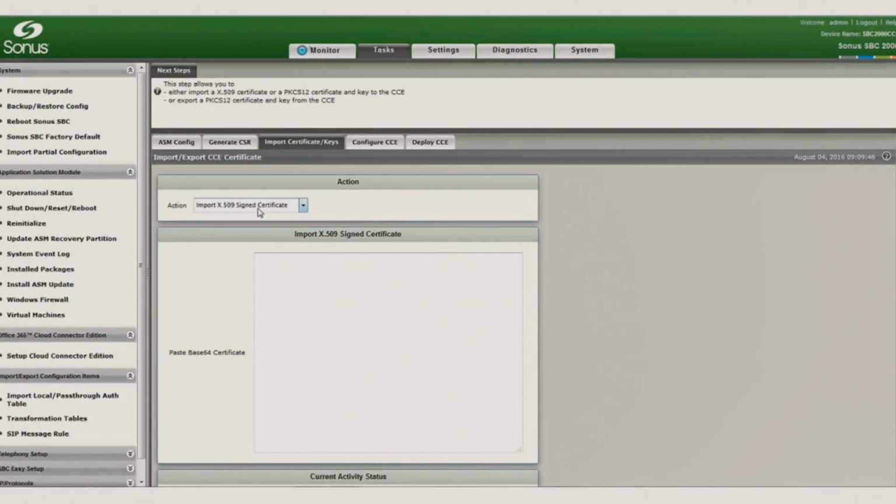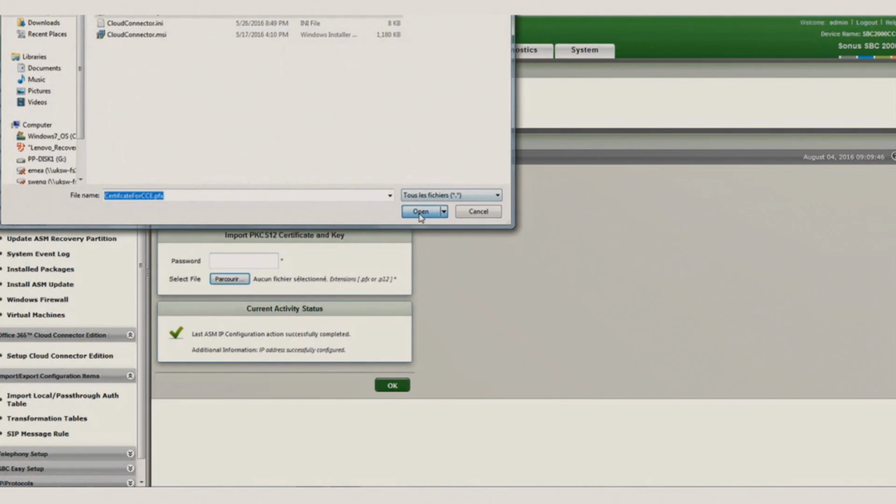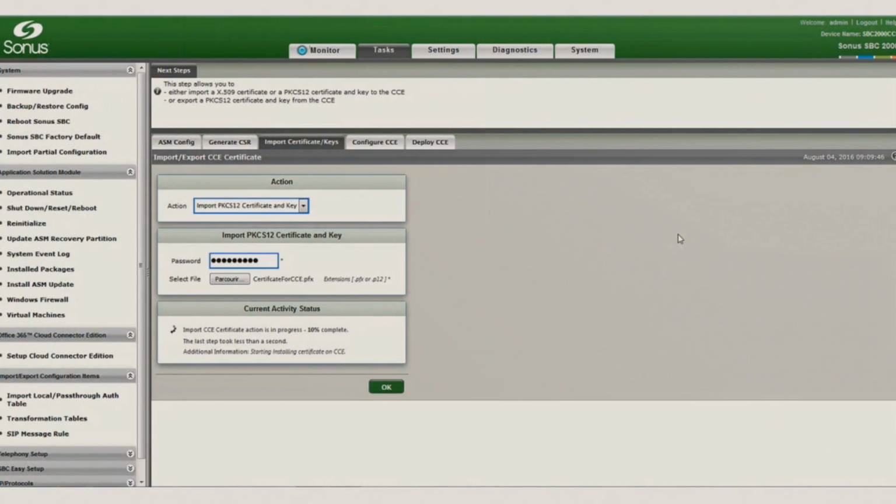When that's done, you have your certificate, let's start deploying the CCE. Quick and easy, import certificate. In this demo, I had a certificate with a private key and a password protection. We're going to add that real quick.